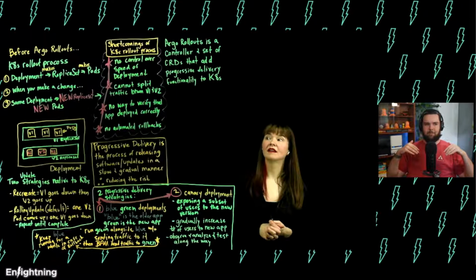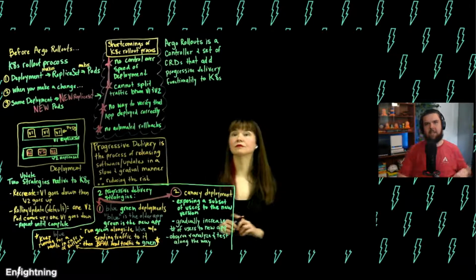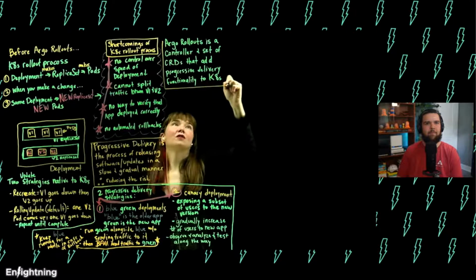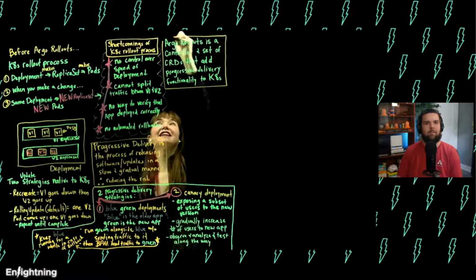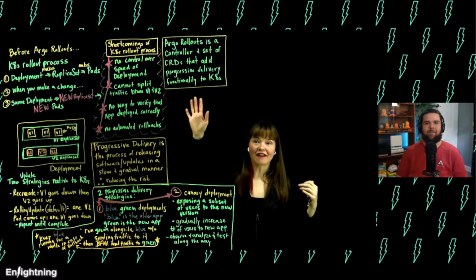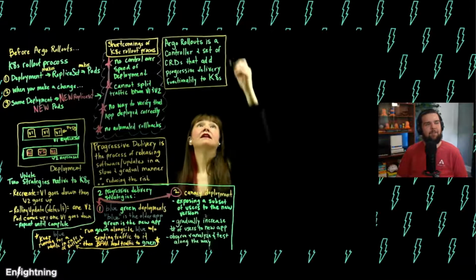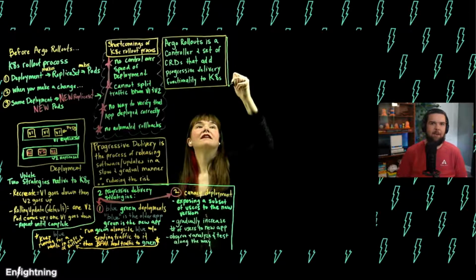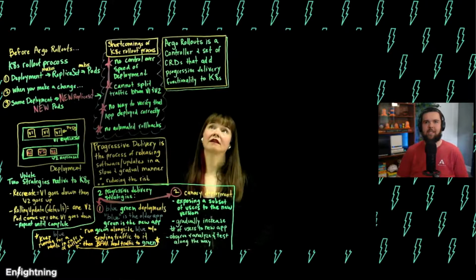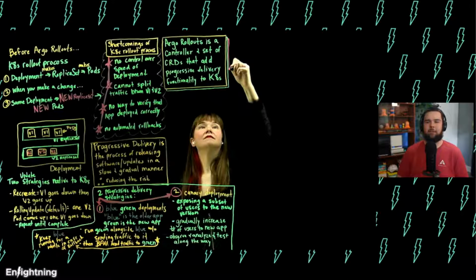Argo Rollouts then allows granular control over that transition from the existing live state to the new live state. So for those of us who have Argo projects, they're definitely associated with GitOps. Does this have to be used with GitOps or is it its own thing completely? It certainly doesn't have to be alongside GitOps. They complement each other well, but really all you need is deployments running in Kubernetes or the intention to run deployments in Kubernetes